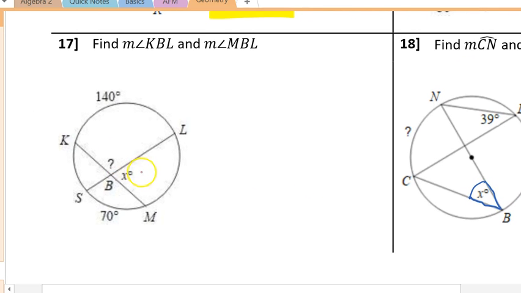We're looking for two different pieces here. I'm going to focus on this first, my question mark, because this looks like we're finding an angle on the inside of a circle. So we're inside of a circle. This angle is actually equal to this angle because they are vertical angles. So we're called into question of which arc should I actually use, this 140 or this 70 idea. Well, since we are inside the circle,